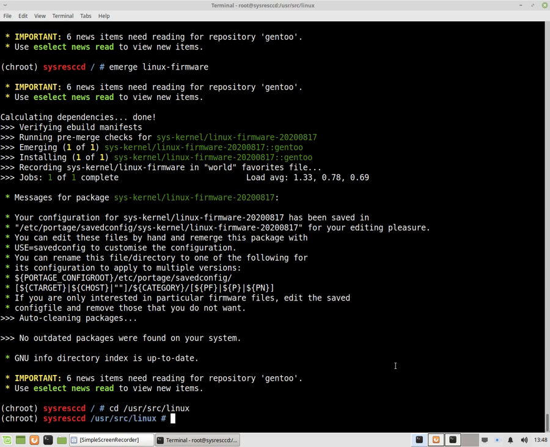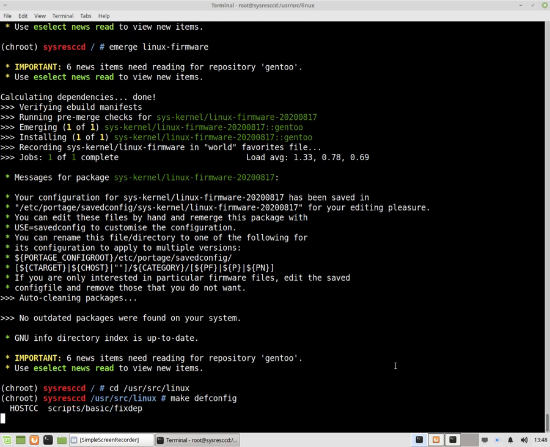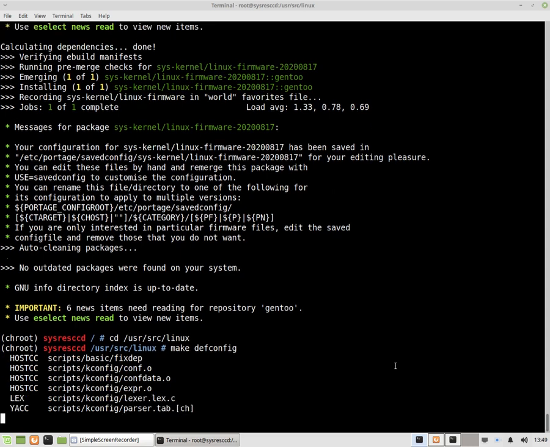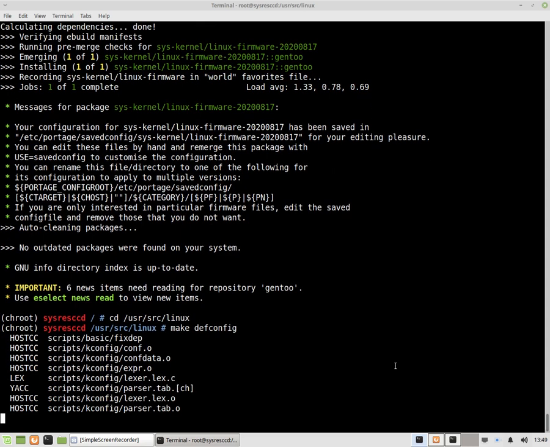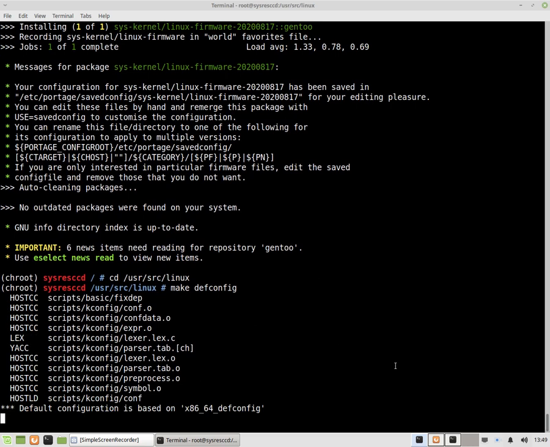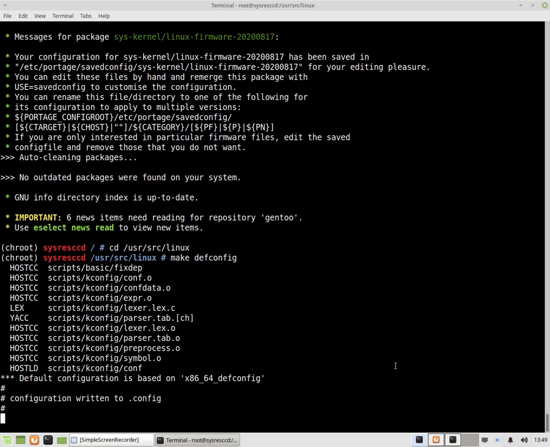And now, I learned a long time ago how to do this, and what I always do in the beginning is use make defconfig, and that's the first thing I do. Basically, this will set a lot of the settings for me, so I really don't have to do a whole lot. And then I do